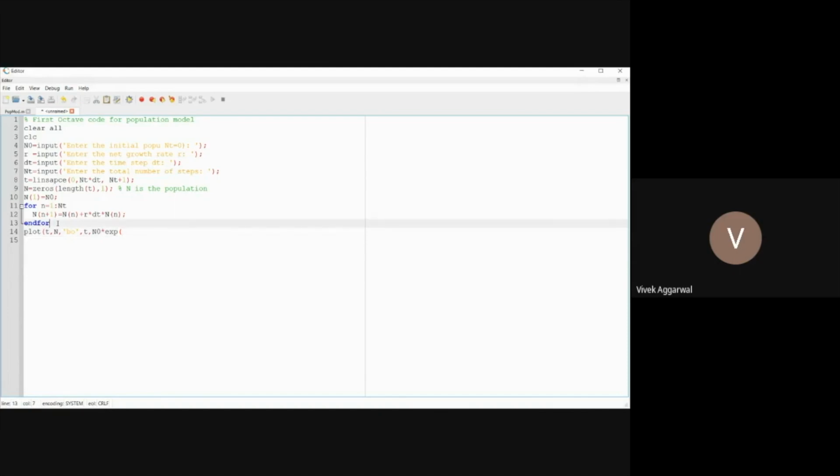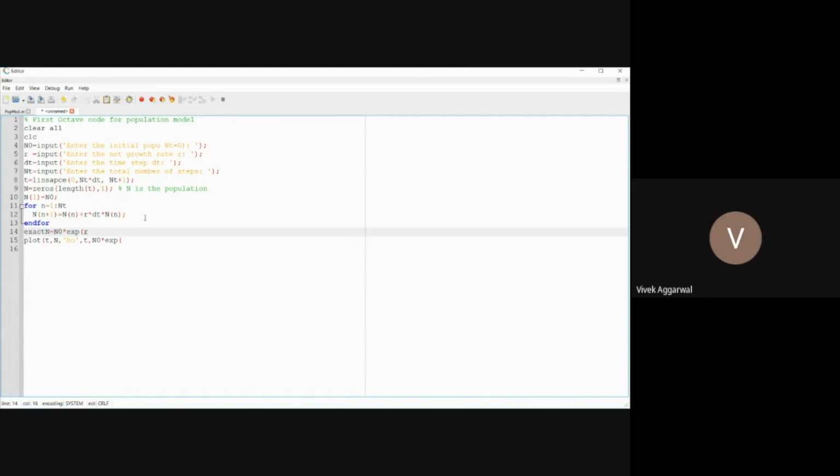Or maybe you can just write here exact, this is an exact solution, or you can write exact n. So that is equal to basically n0 star, exponential function, and then it will be r.